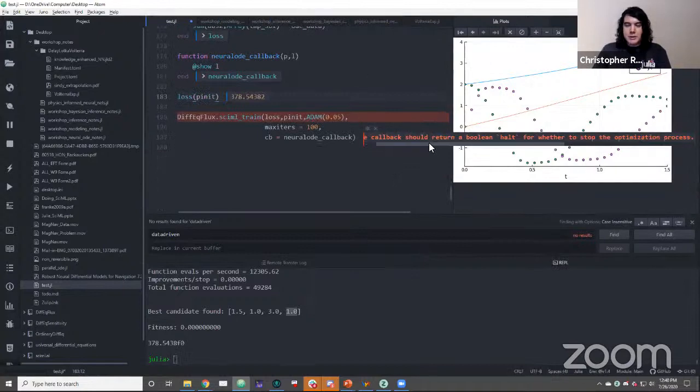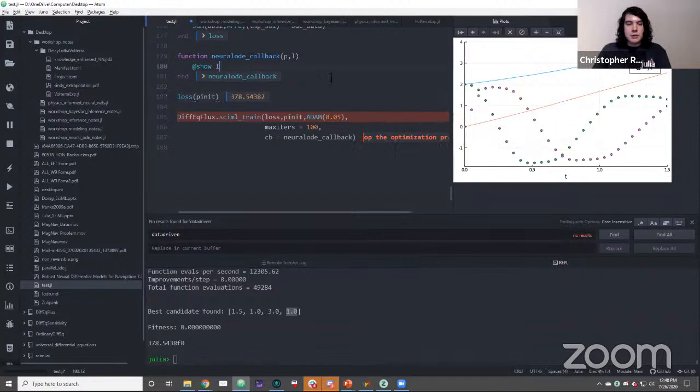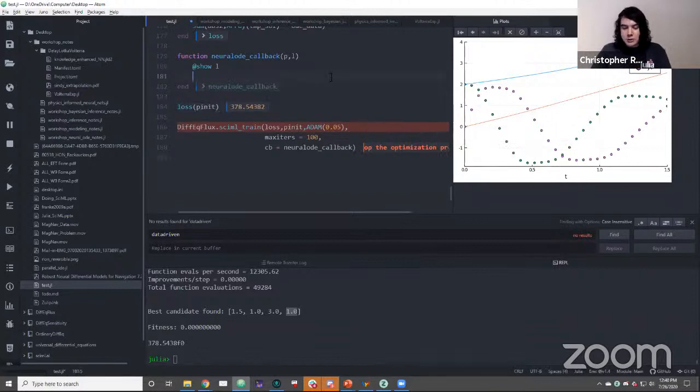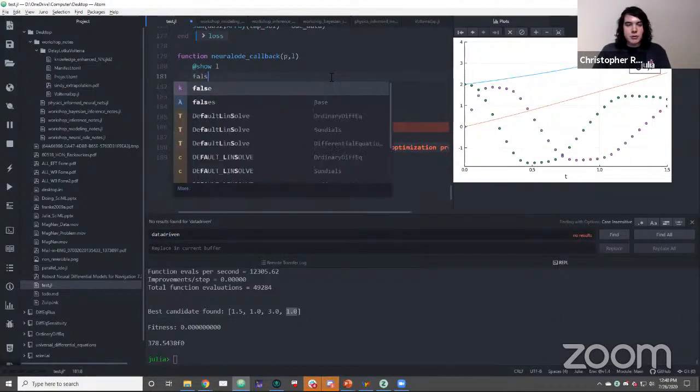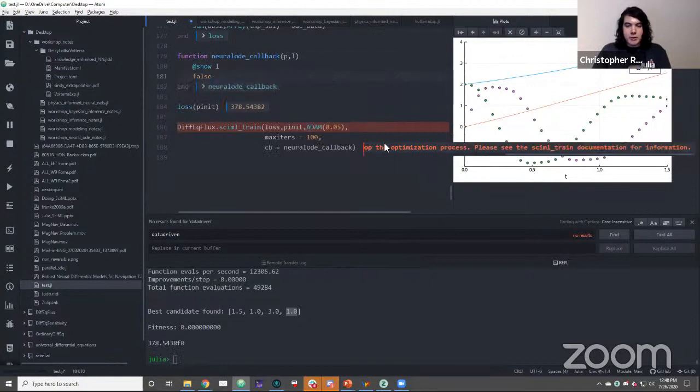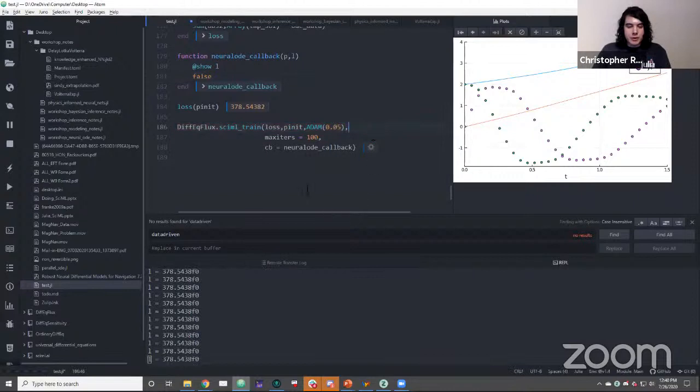So what this is saying is that I forgot to return the Boolean halt. So remember that I said that the Boolean tells you whether the optimization continues or not. So it does need a Boolean here. Since I want this to just run for the full equation, I just want this to be false. Right? So is it going to halt? No, it's going to find out that it doesn't halt every time. And